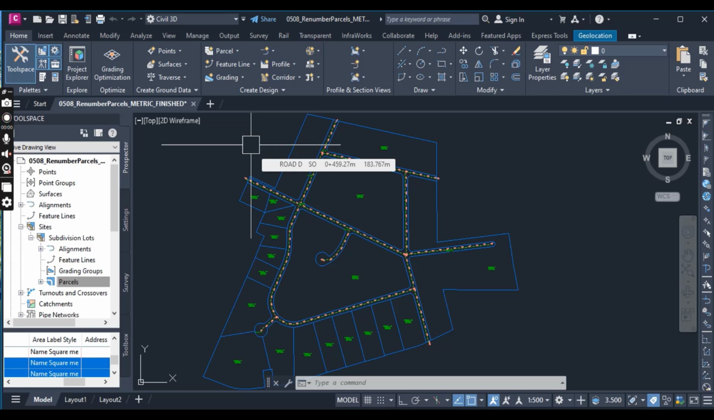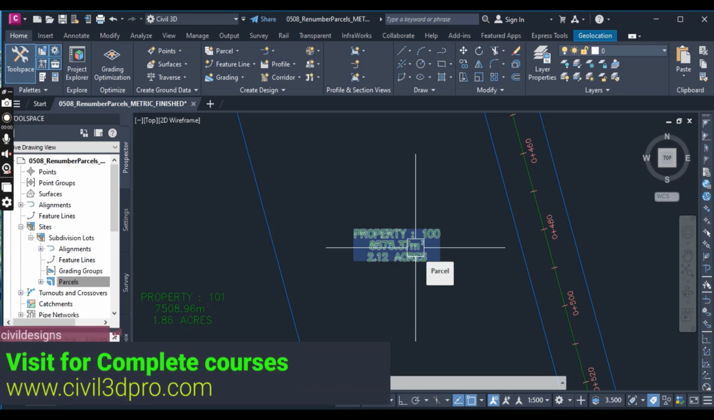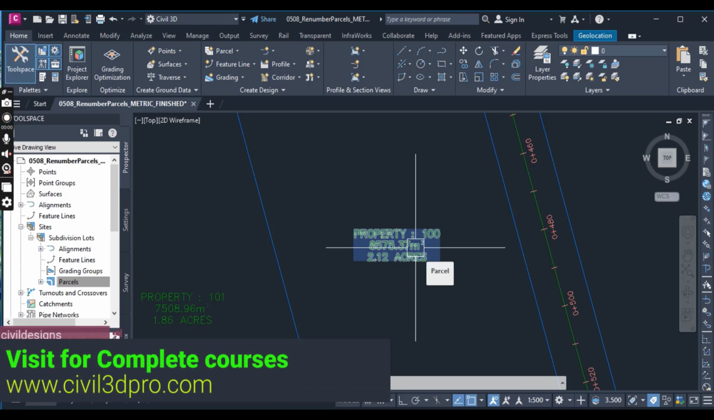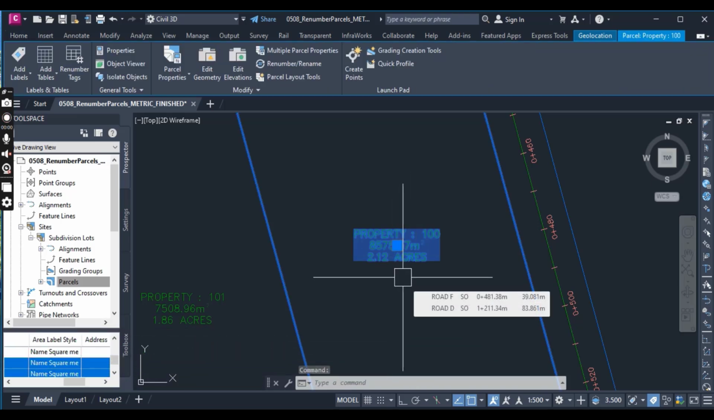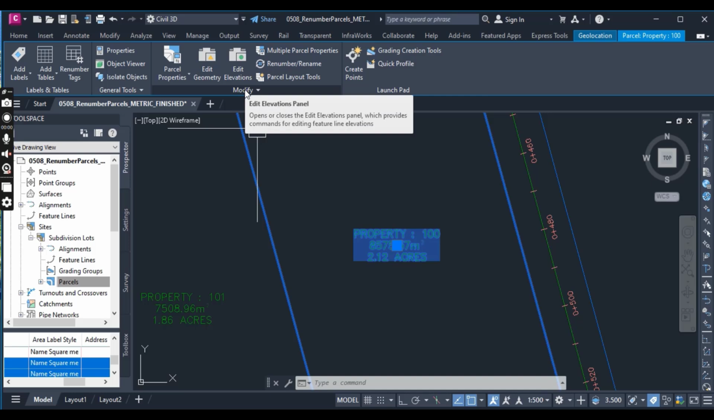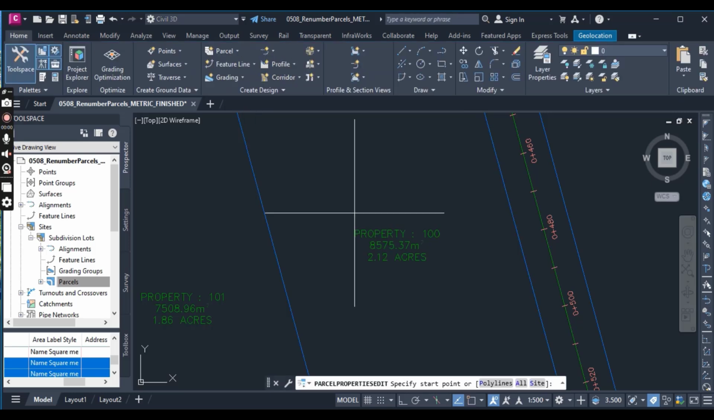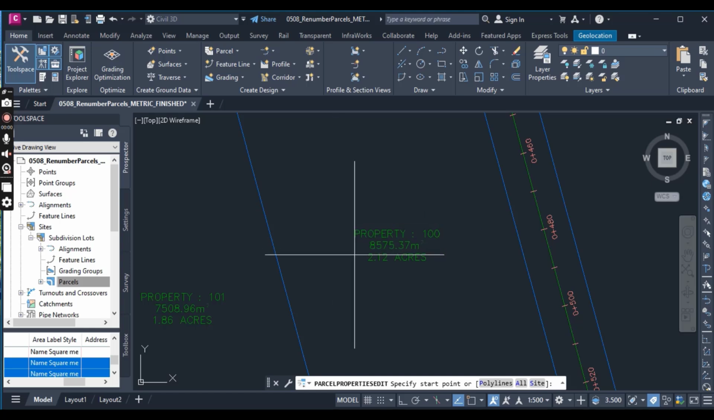So when you have opened your drawing, we have many parcels here. Just zoom in here and select property 100, and then on the parcel contextual tab upper on the modify panel, select multiple parcel properties. Okay, at the specify start point